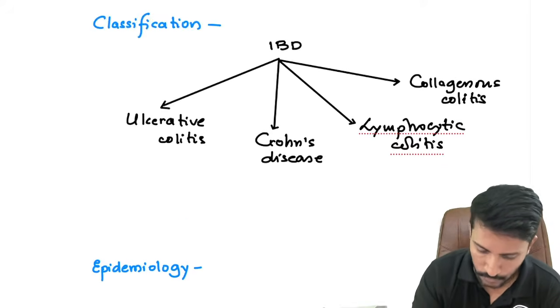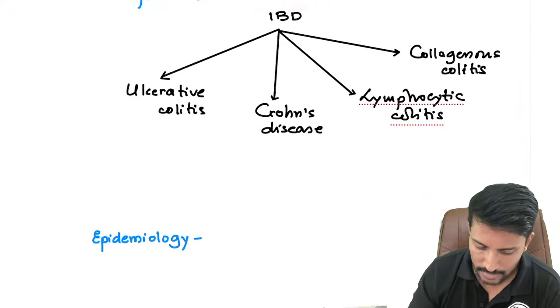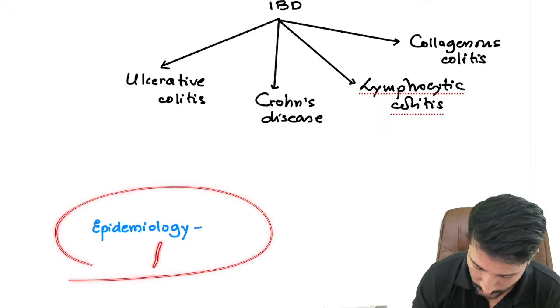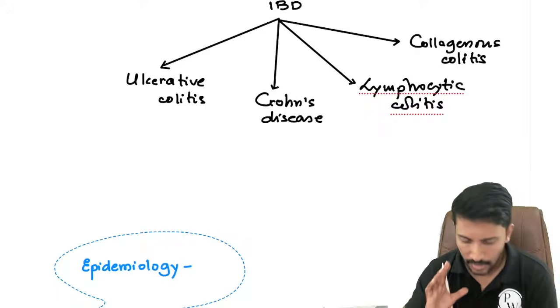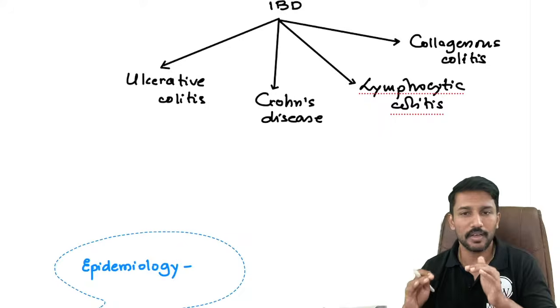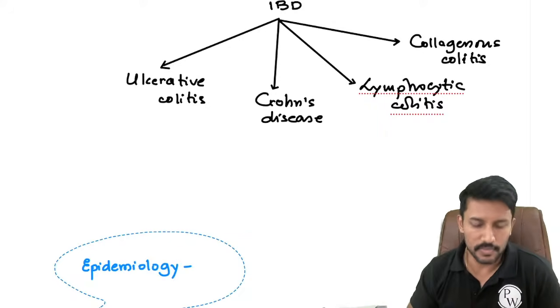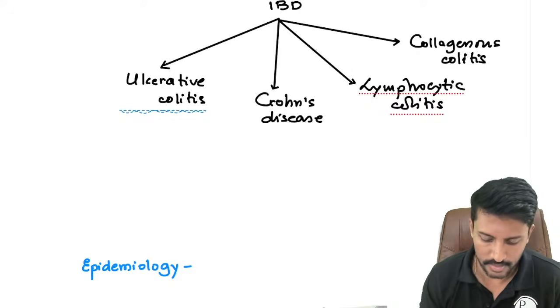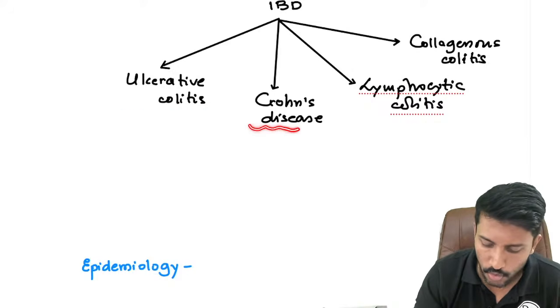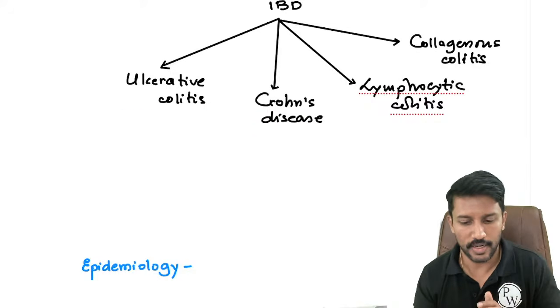Okay. So these are the 4 types of inflammatory bowel disease. Before going forward, we have to understand a little bit about the ulcerative colitis and Crohn's disease, so that remembering the rest of the things becomes easier. So when you look at the names of these diseases, one is called ulcerative colitis, right? And the other one is called Crohn's disease, not Crohn's colitis.